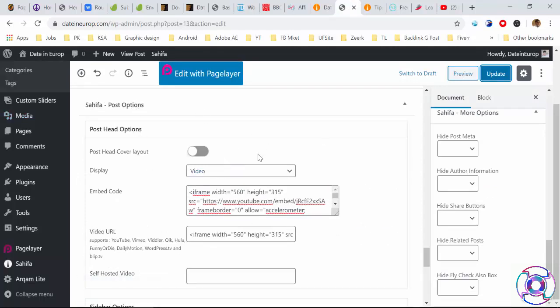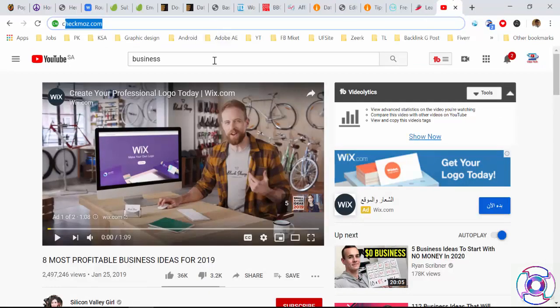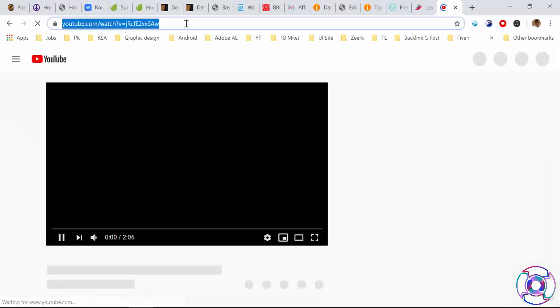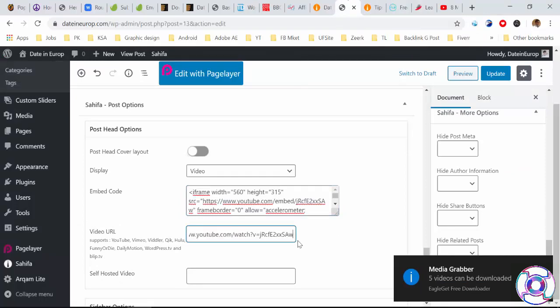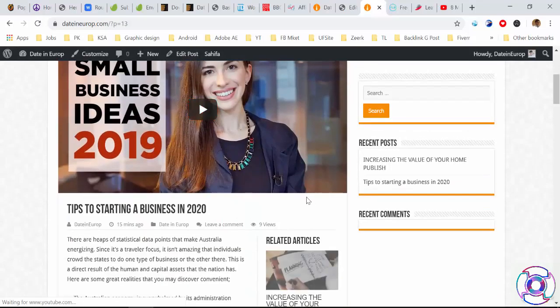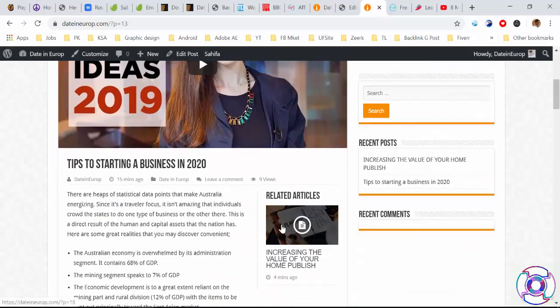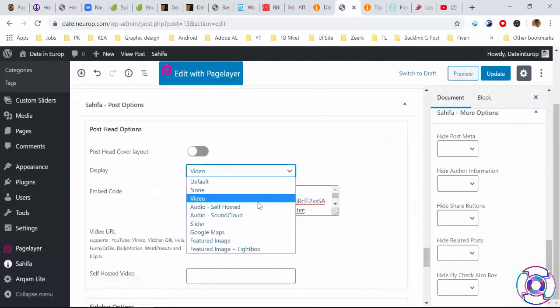I think this link has an error here, so you can see here I put a link and update, and again I'm going to refresh. Now it's okay. If you want to add a video on the top, you can add, same as with the audio, same as with the slider. Okay, if you have a slider you can add.